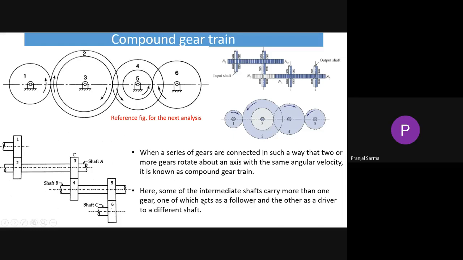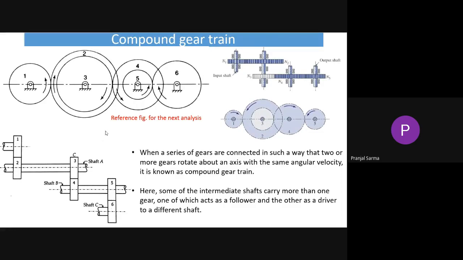Here some of the intermediate shafts can carry more than one gear, one of which acts like a follower and the other as a driver for the next step, as evident from this particular figure. Similarly, the same thing has been shown in this figure. Actually, even though these are two views, they are not from the same thing. Here we are showing it for this arrangement only. Two views. Here also we are going to analyze the train value and the speed